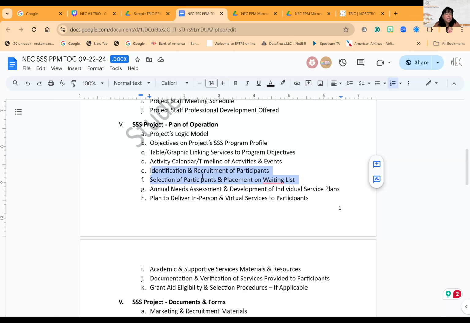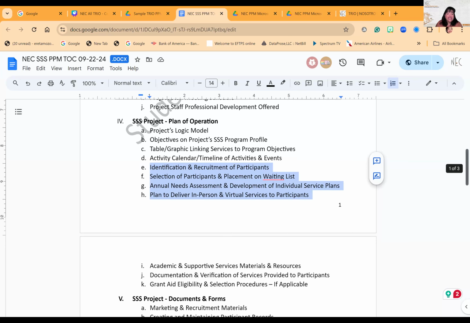It needs to be updated, tweaked, modified, adding in deadlines, timelines, tasks, who's responsible, links to forms or links to other places within your Teams or your institution, wherever you're storing things, so that the latest and greatest things are there. And if you use links, then when you update forms or documents in another place, the link will still stay the same. So you won't have to worry about updating a form here and then going into Teams and updating at the same time. So these are from your proposal. And what NEC does is we initially copy and paste these answers from your proposal, but we're like, okay, now take it and modify them.